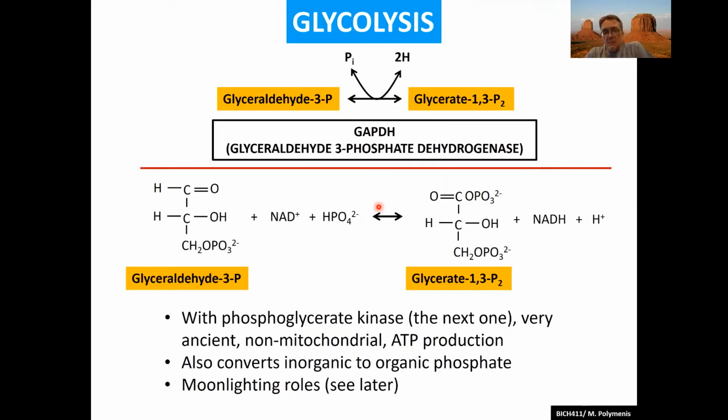Now, with that scheme in mind, let's look at the GAPDH reaction. This is glyceraldehyde 3-phosphate. That's the carbonyl group at the very end. And what's going to happen is this carbon, which is a carbonyl carbon, is going to be oxidized. Ignore the phosphate at the moment, but that's a carboxyl carbon as far as oxidation state is concerned. So the electrons, this bond, the 2 electrons plus the proton, will move on to an NAD+ and become an NADH.